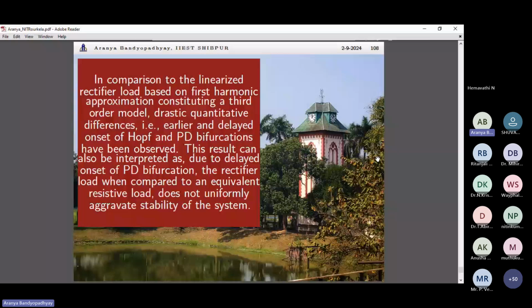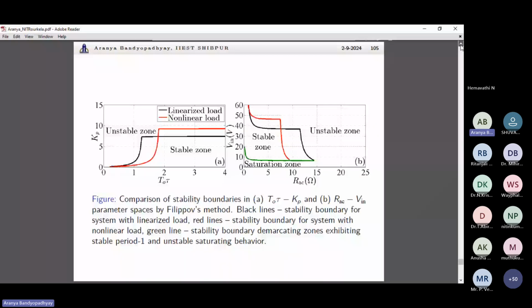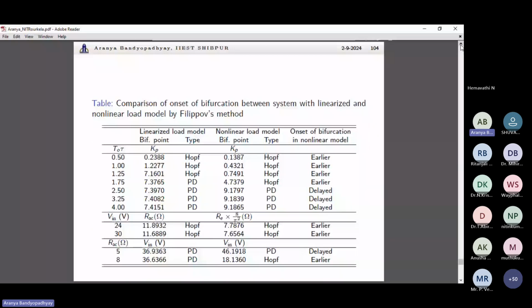We basically take a first harmonic approximation. We take an equivalent load, something like this, based on first harmonic approximation. Okay. Then what happens is that